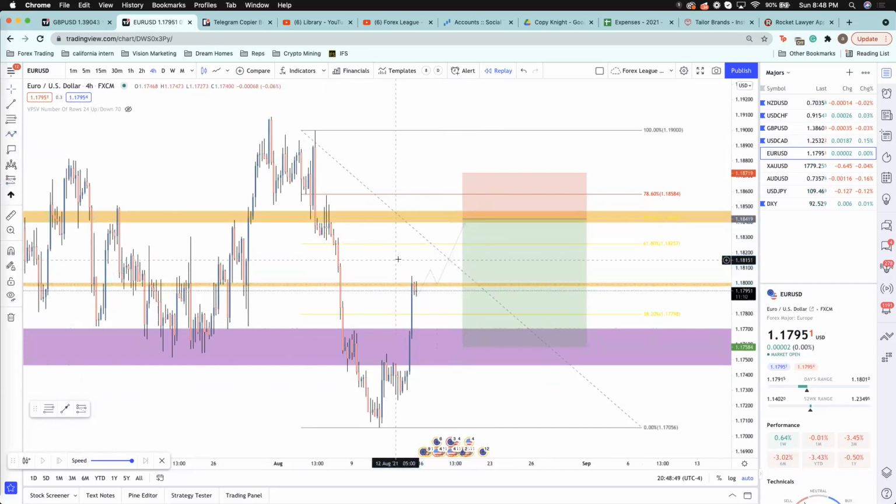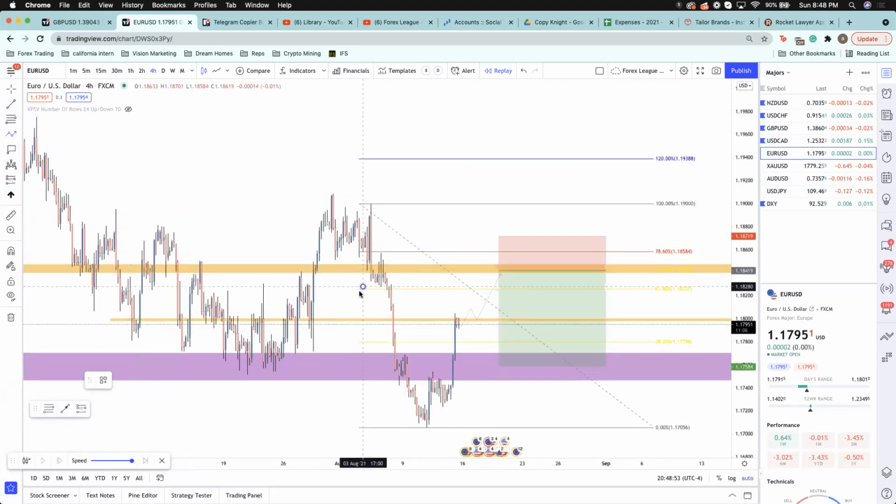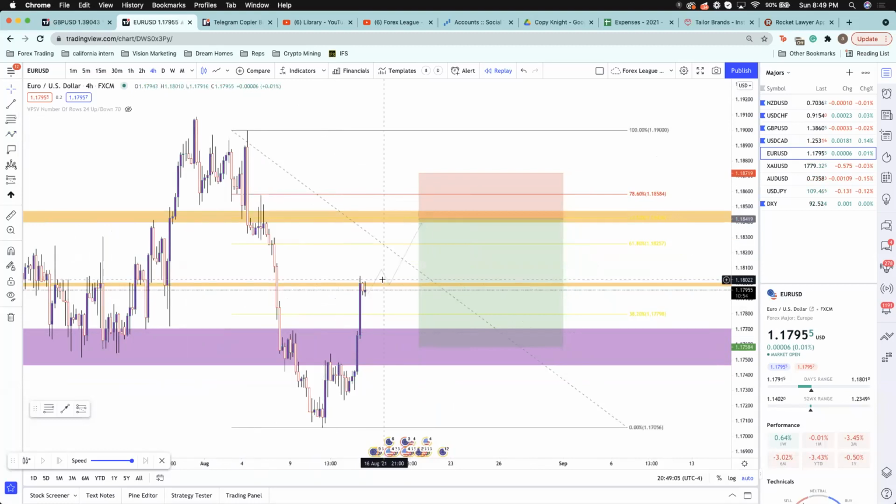right there, boom. So what I'm looking at is basically this level has support, but more recently, this resistance, and then we have support right there. So we got multiple times when price touched this level and rejected it. So if we get above here, this is when I would take that long, and I'd be longing it into